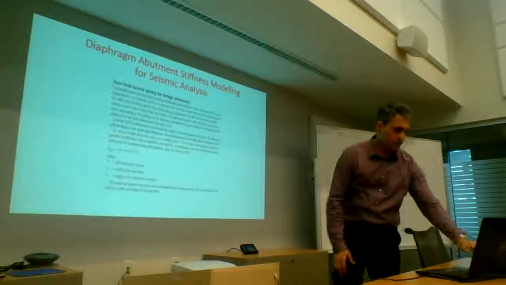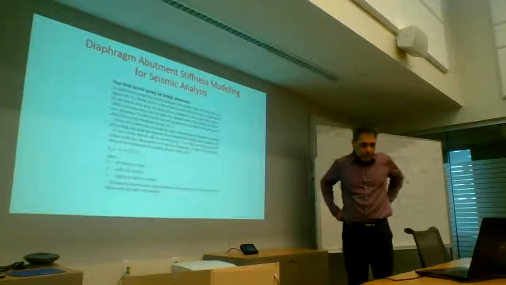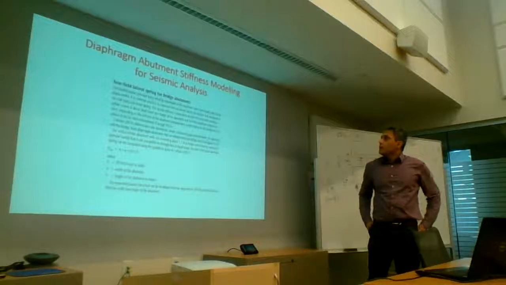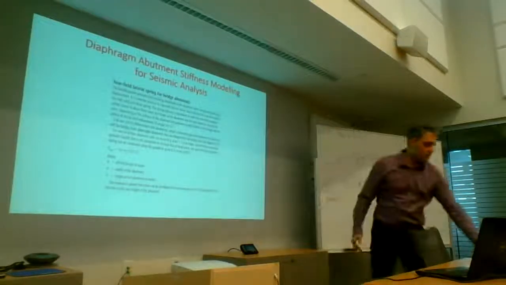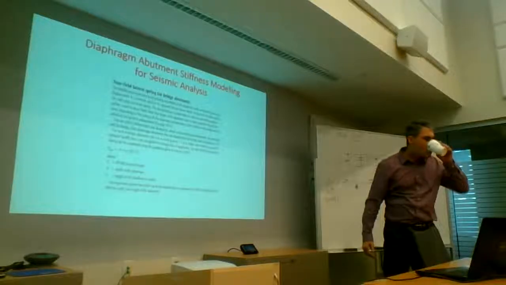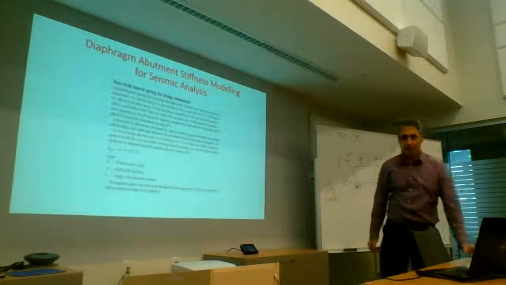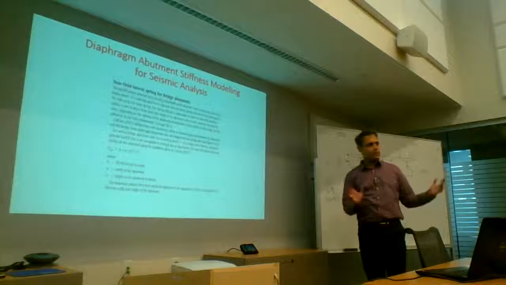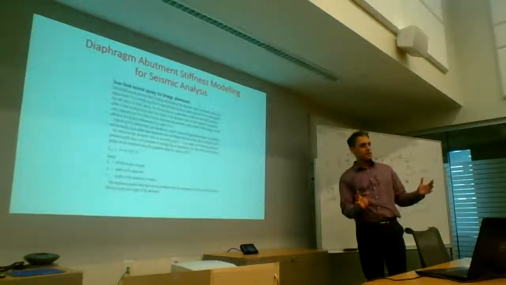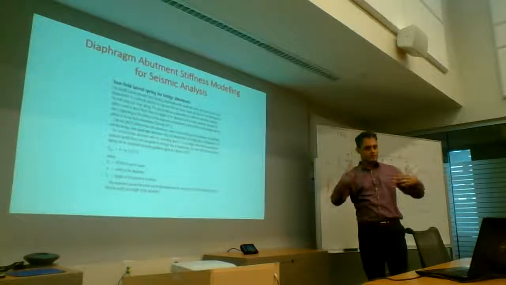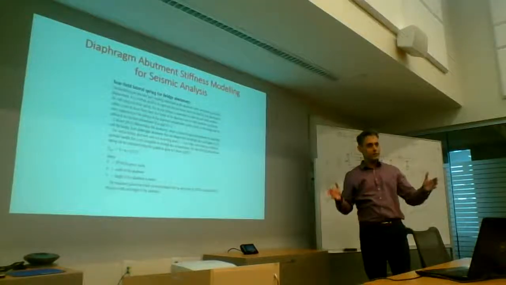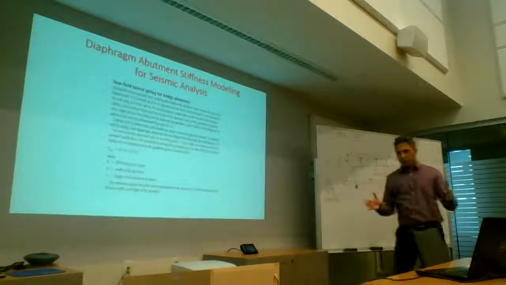I'll very quickly touch on this and then we'll take a quick break and we'll move on. I was talking about accounting for the abutment stiffness and strength in the system. And I think it's a wise thing to do, especially on short span bridges. You can lock your bridge between your abutments if it's 2 spans or 3 spans and the aspect ratio is such that it's quite wide relative to its length. So think about